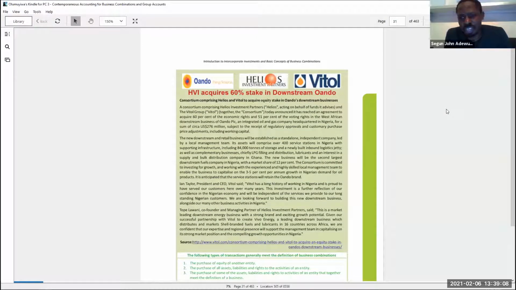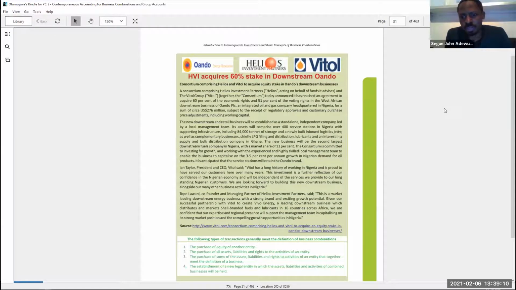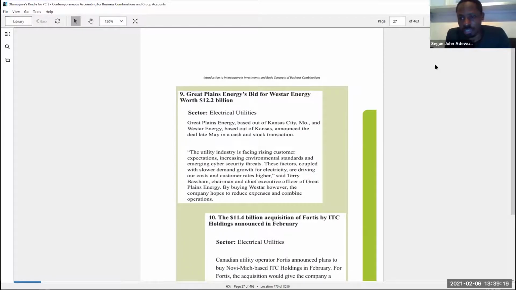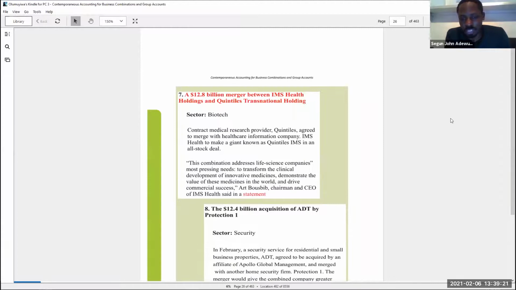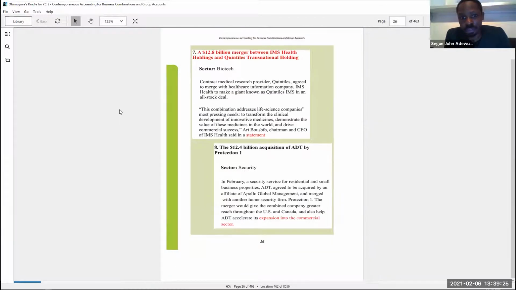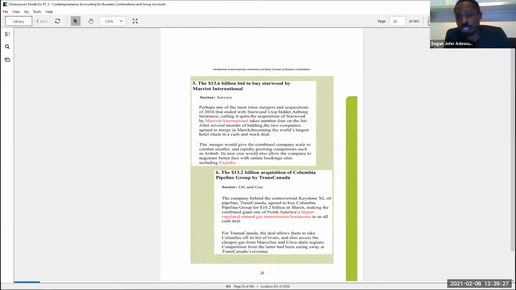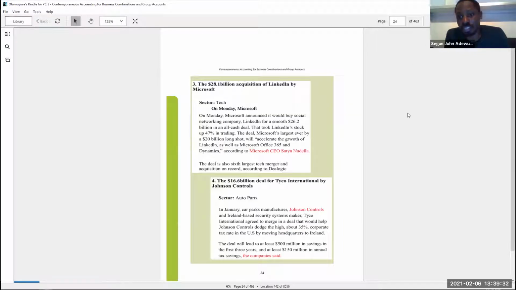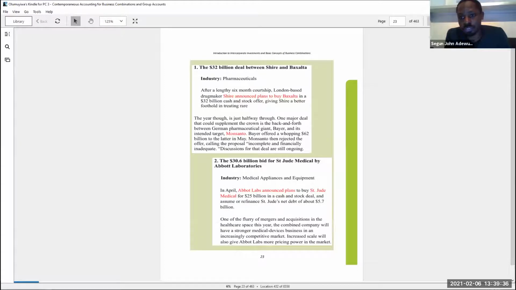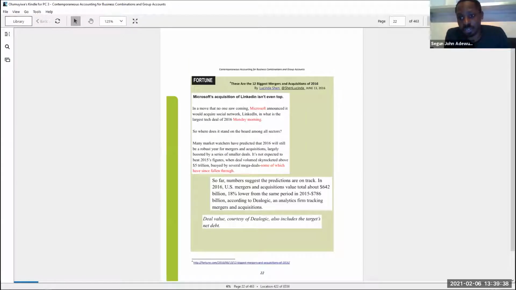There are different forms of merger and acquisition. Like I said, the one of Access Bank and Diamond Bank is an example of merger and acquisition. And we have different examples of a company taking over the majority shares of another company to form a parent subsidiary relationship. So those are just different forms of business combinations that we have.